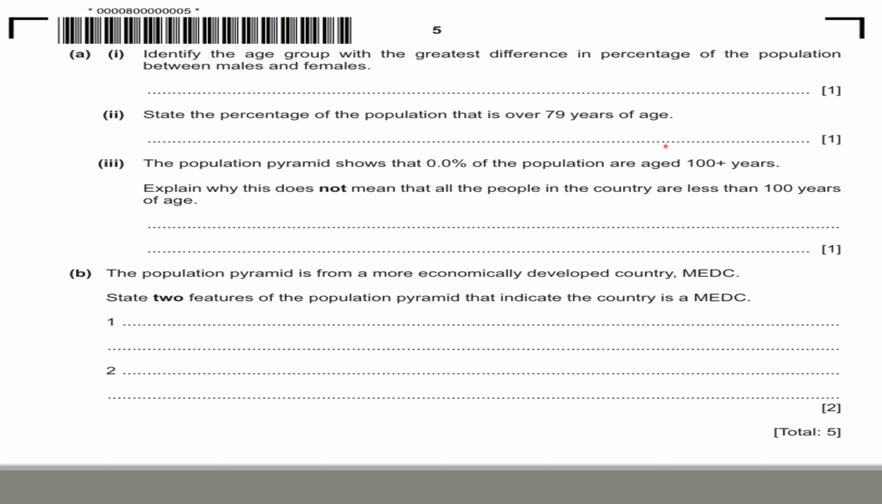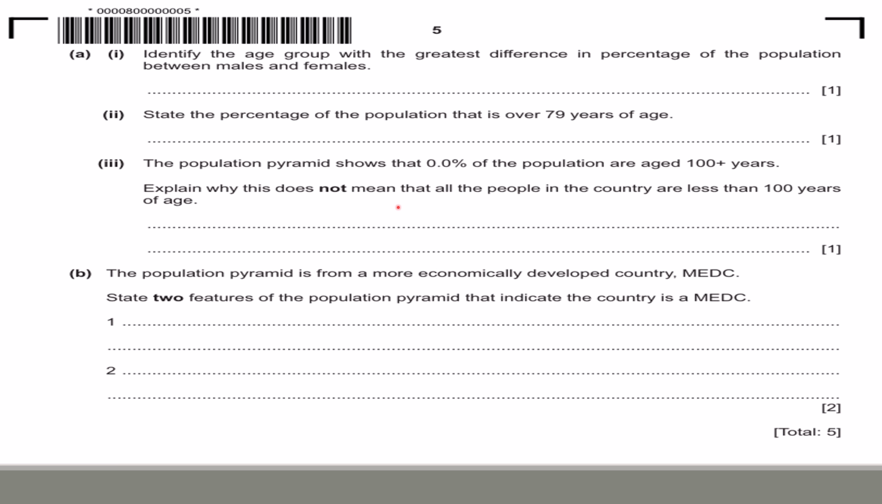How to solve? You need to add up every single bar above 75 to 79. That means adding the percentages for 80 to 84, 85 to 89, 90 to 94, and so on. Total them for both males and females to get your final answer. Now, part A, question 3 is